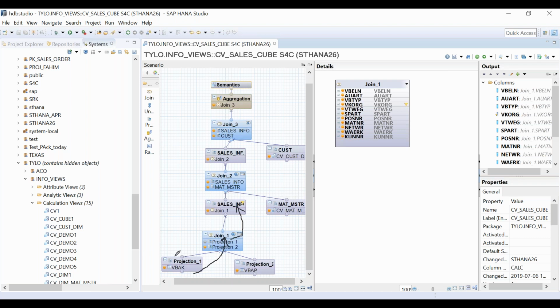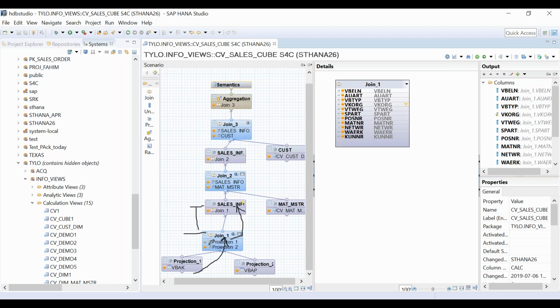But you see the fault in the design. What is the fault in the design? From VBAK, I'm able to get the data of all the sales organizations till this layer, and from this layer also till this layer, I'm getting the entire data. This is called faulty design. Why? The performance will be gone for toss.